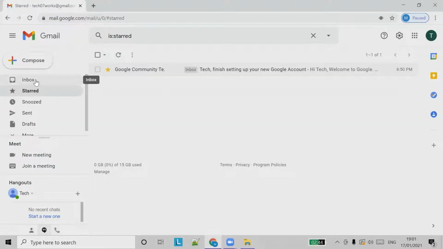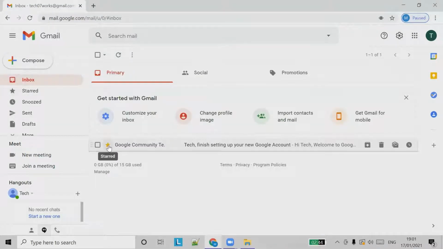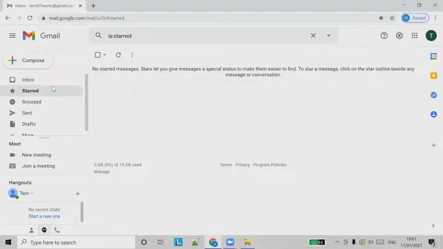You can have multiple starred emails, and once you unselect it, it won't appear in the starred section. So this is the purpose of having starred email. So you can use it for very important emails and for emails which you want to refer to later.